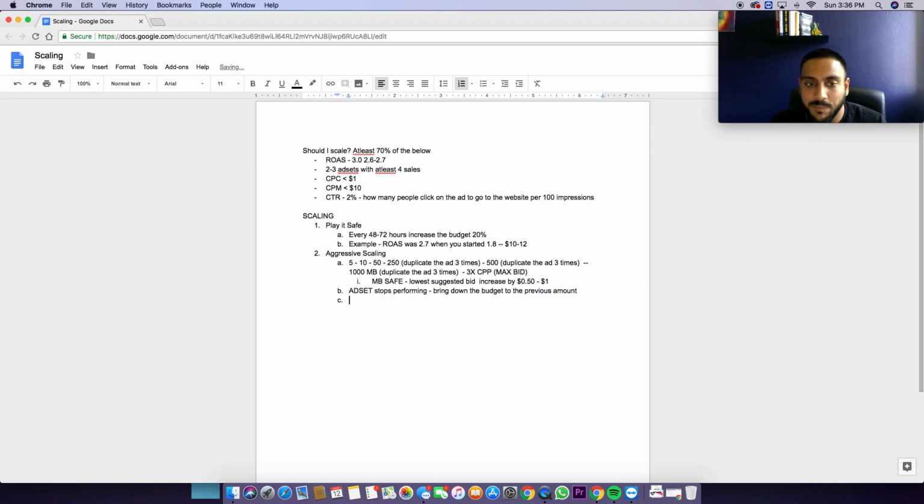And now, scaling is not just increasing the budget and hoping that you get sales, right? A lot of the time, you want to use the breakdown by age, gender, and placement, and see where the sales are coming from. What age group is making the most purchases, and what age group is performing the best, right? You might see that 25 to 34 is performing really good, but then for 65 plus, you have crazy high CPP, like $27, and for 25 to 34 you have a CPP of $6, $5, right?